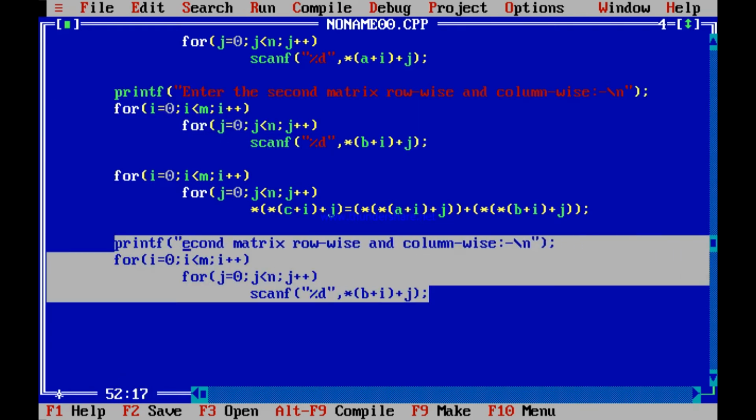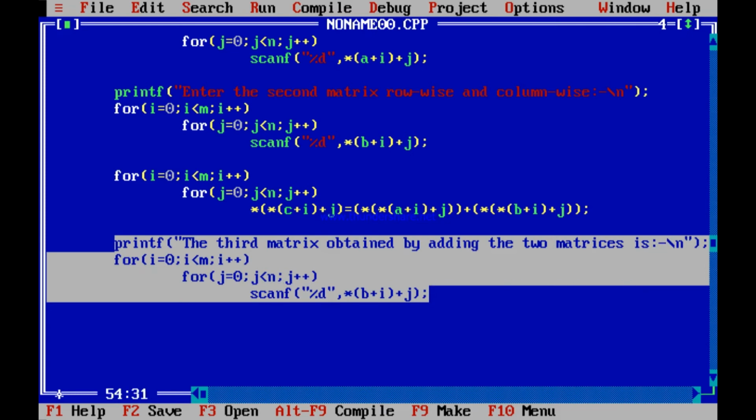The matrix added. The third matrix obtained by adding the two matrices is \n. Now for I equal to 0, I less than m, I plus plus.